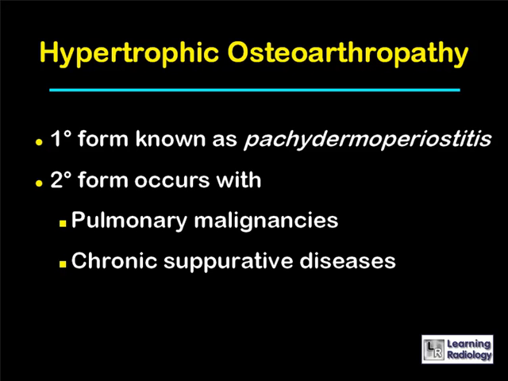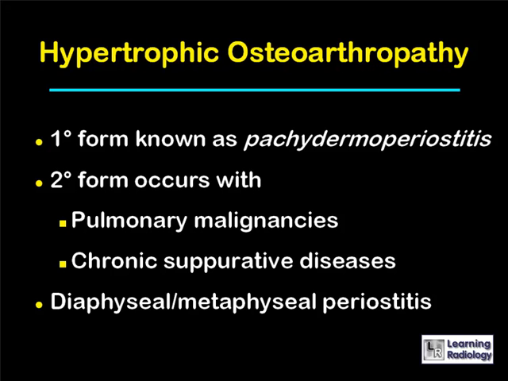The secondary form is much more common and occurs usually with pulmonary malignancies, bronchogenic carcinoma, or chronic suppurative diseases, lung abscesses. It usually involves the diaphysis or metaphysis or both, producing a periosteitis which leads to thick